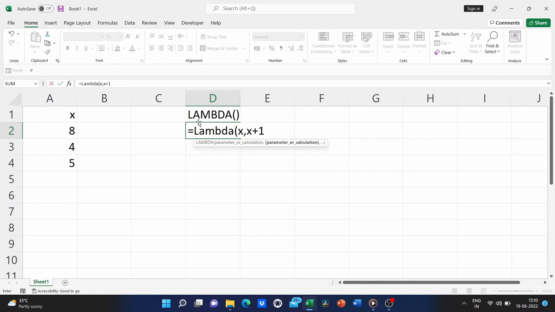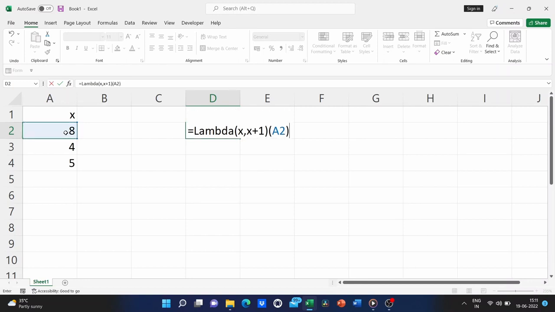Now that's our formula. One of the things that's tricky about the lambda function when you enter it directly into your spreadsheet is it needs to know what the input value is for x in this formula. It doesn't know that it's pulling data from over here. So, we're going to tell it that the input value is going to be this value 8 over here in A2.